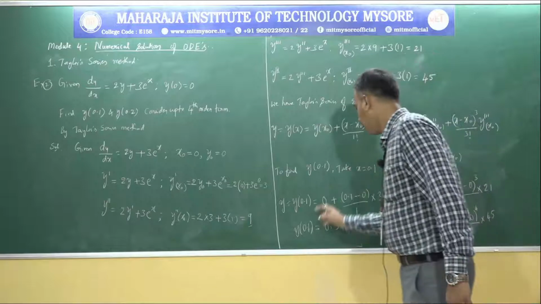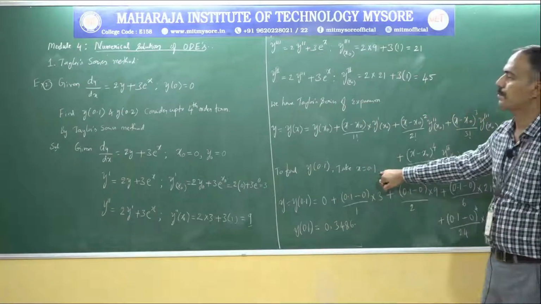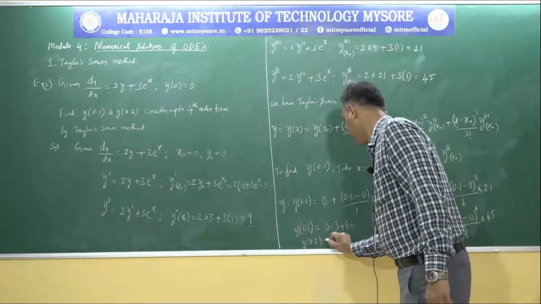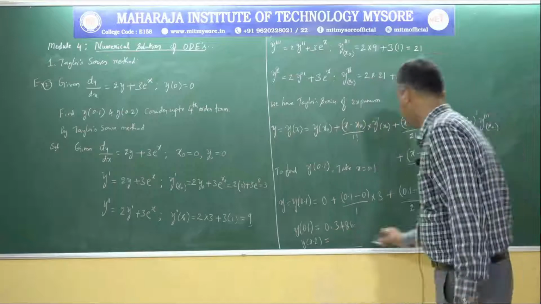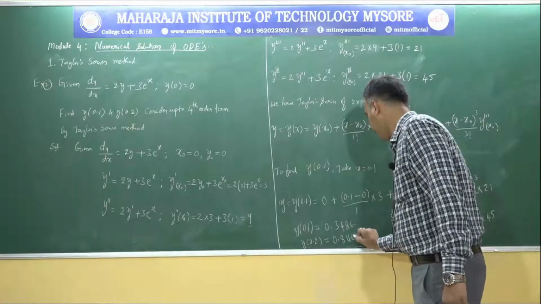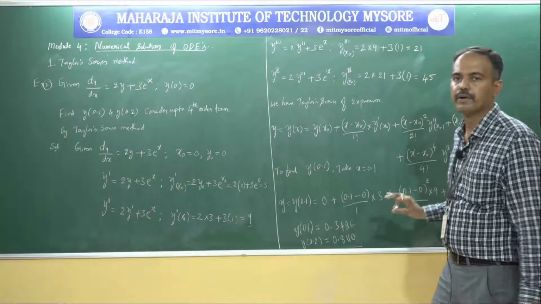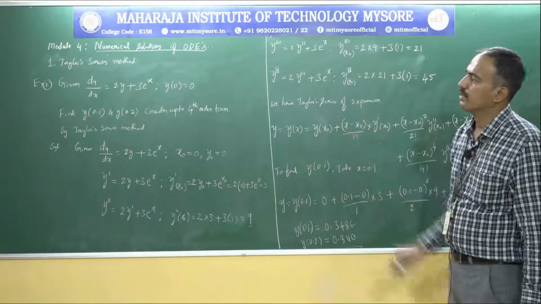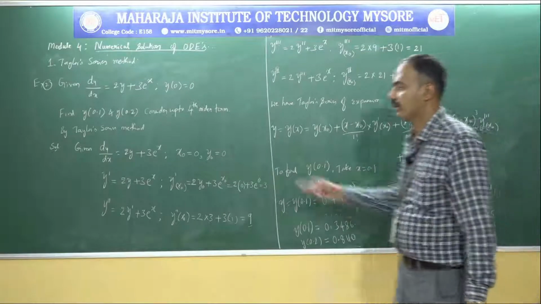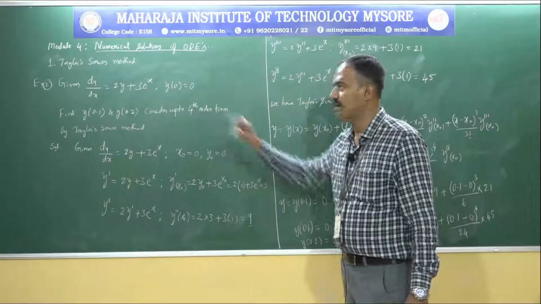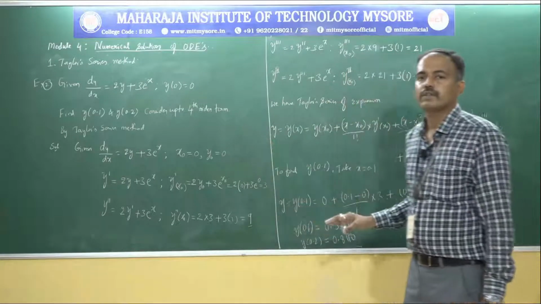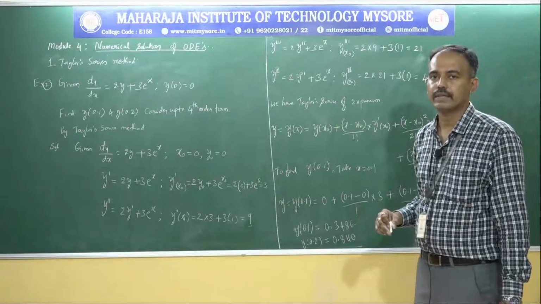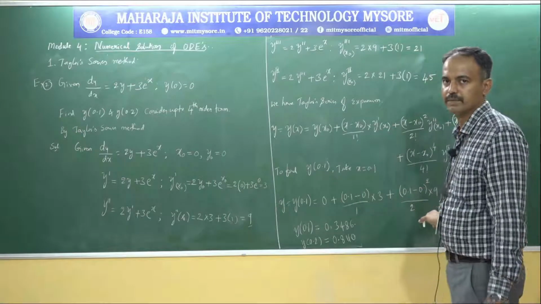Okay, likewise, now in place of x here, replace 0.2. Now we get y of 0.2 is equal to 0.8110. Here is one important observation: we can estimate the corresponding y value at the particular points y of 0.1 and y of 0.2 for a first order, first degree ordinary differential equation using Taylor series expansion. That will be the important observation here.